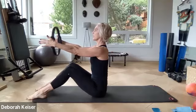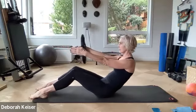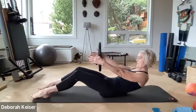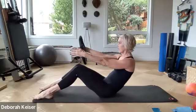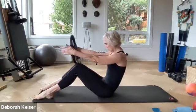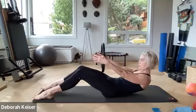Find your big toe, inner ankle, inner thigh, pelvic floor connection, and chin stays neutral as we roll down. Just a C curve. So your lumbar hits the mat, and exhale, come back up. Sit up nice and tall. All right, so we're practicing tipping our pelvis to come onto our lumbar spine and practicing sitting up nice and tall. Shoulders stay down